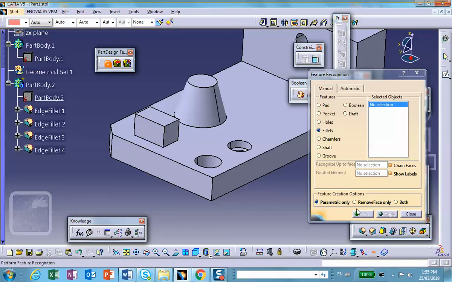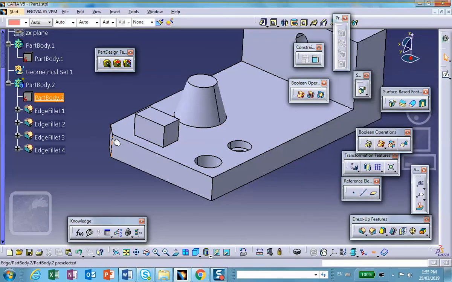Okay, so we discussed the issue of the fillet, remove faces or both. Okay, all right, we close this. I noticed there's a chamfer here, so let's do this. Chamfer,